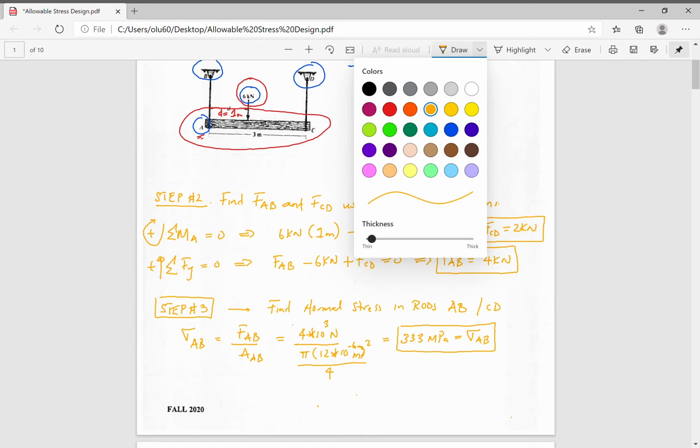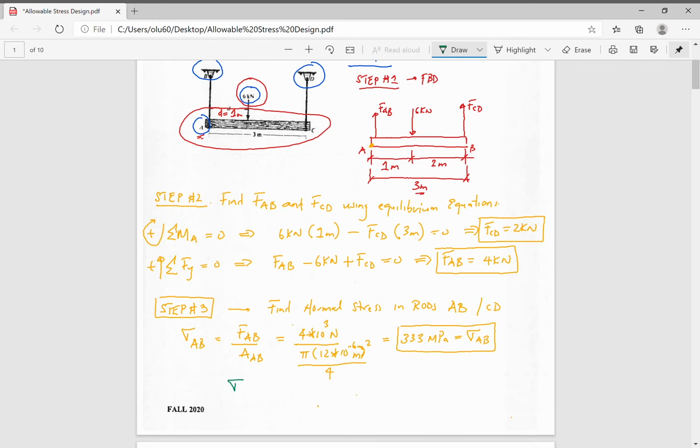Now, to take it a step further, you want to find the average normal stress of rod CD, which equals FCD divided by the area of CD. That was 2 kilonewtons divided by the area, which is pi over 8 times